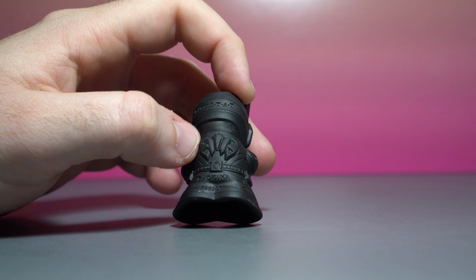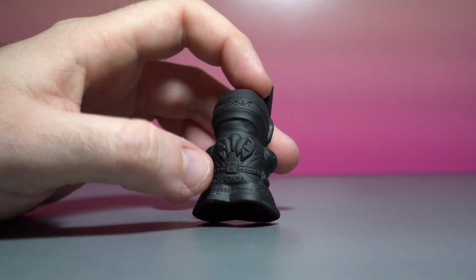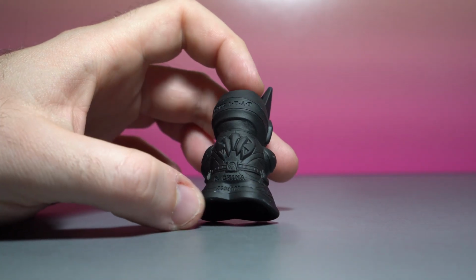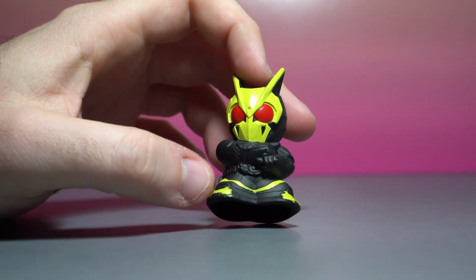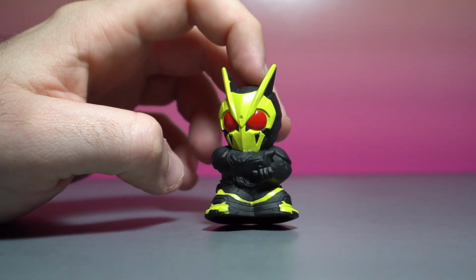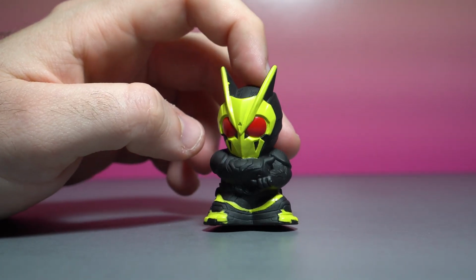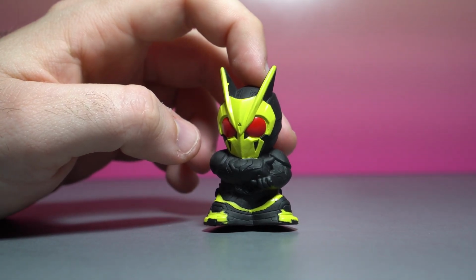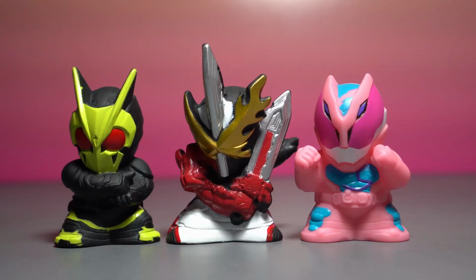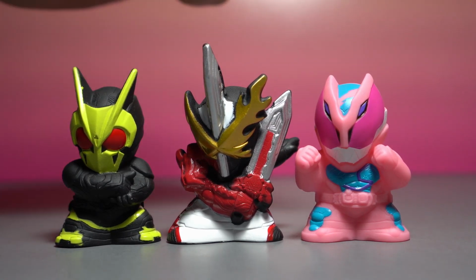He has some sort of techie wings over here, and the little back of the belt. Not really much else. He doesn't really have a progress key he's holding or his attached cases or whatnot. But he's looking pretty solid. Very new era, trying to be more simple like Kuuga. I really dig it. Here's all three of the Reiwa riders together: Zero-One, Saber and Revice. A very, very strong start, Saber, and a very, very strong...